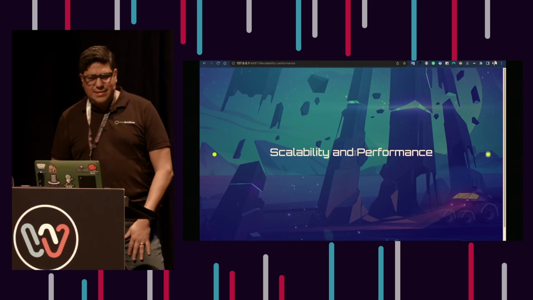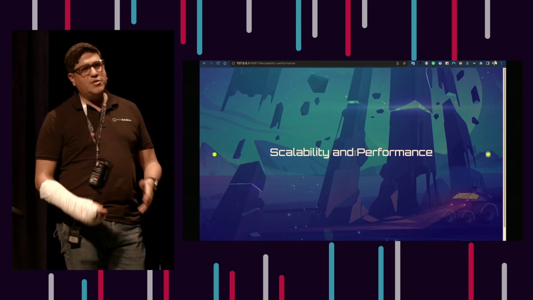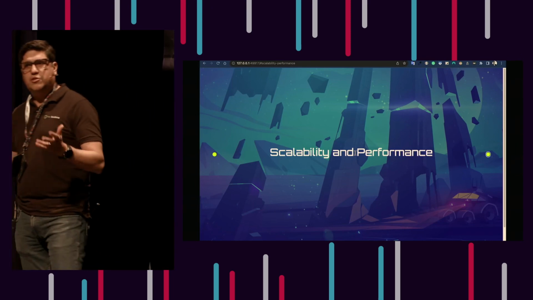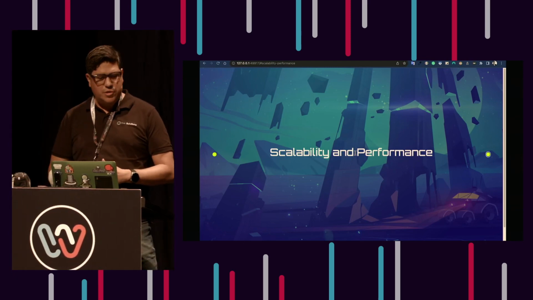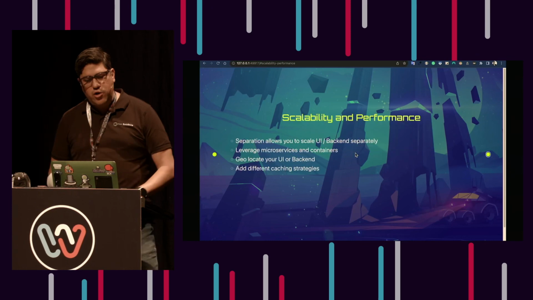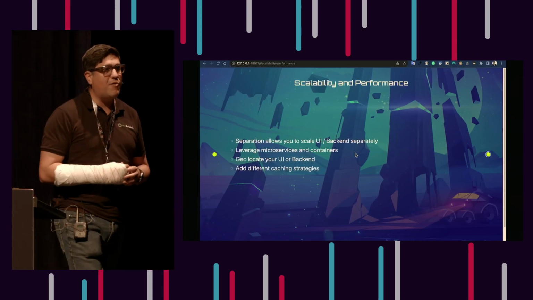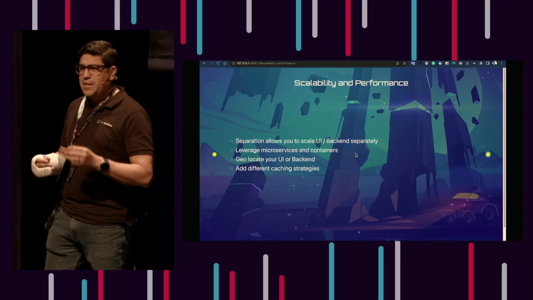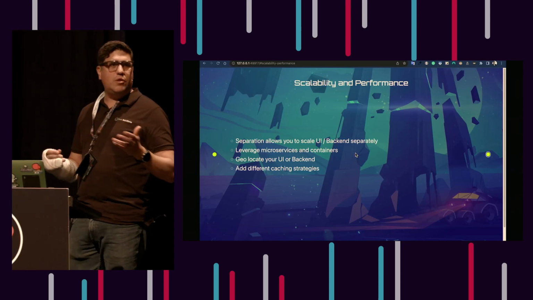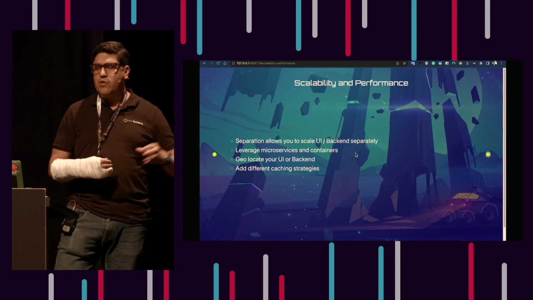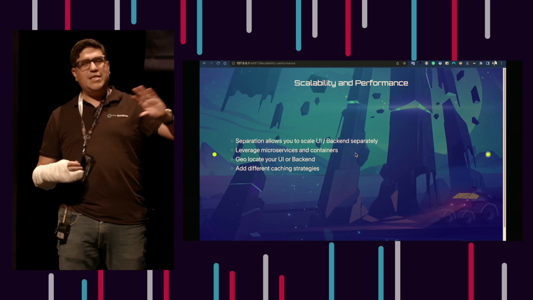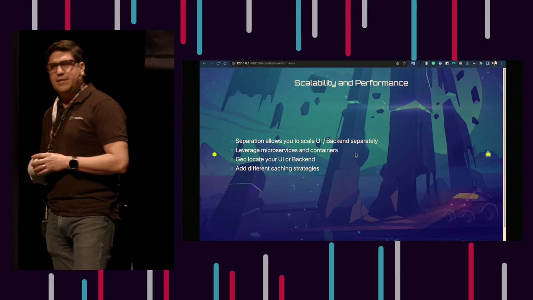All right, the next one is scalability. And this was really important because there are two concerns here. One is an administration concern, and another one is a consumption concern. And this is where you can really separate and tune them. An administrator might just have a few loads, from a few authors, so you can treat that separately. You can even deploy it to a separate container, for example, and scale it differently.